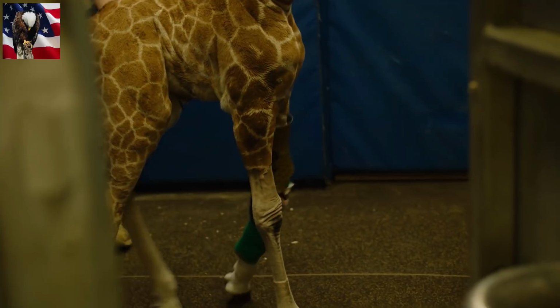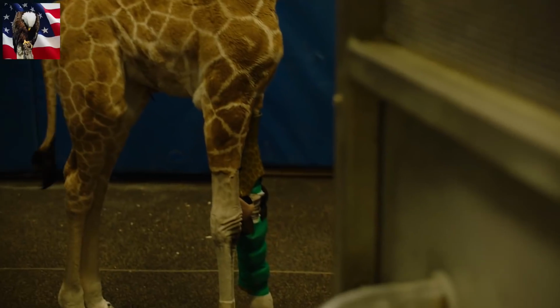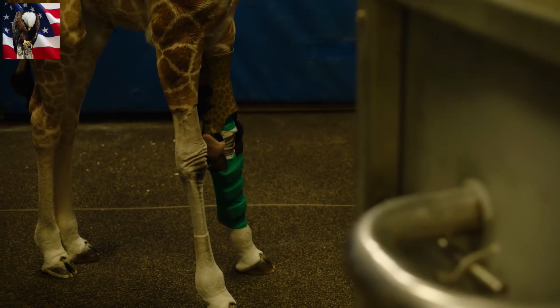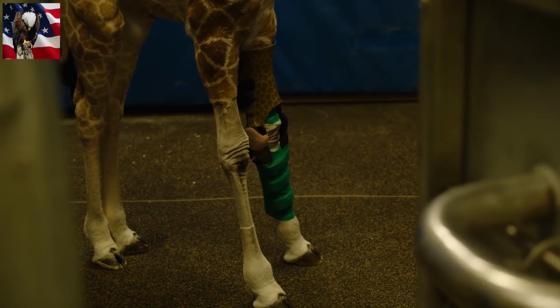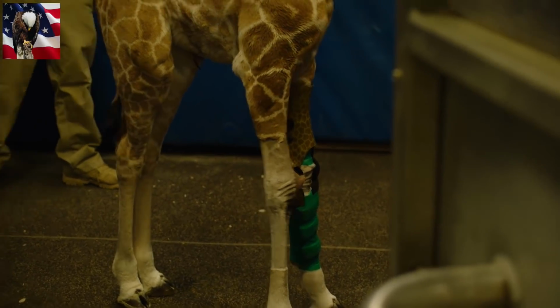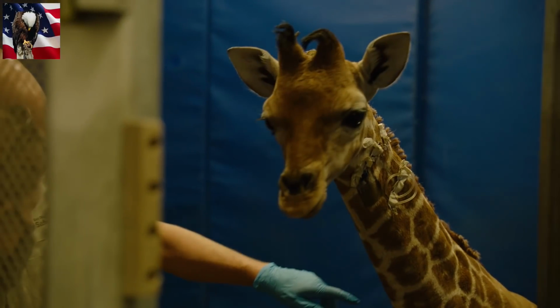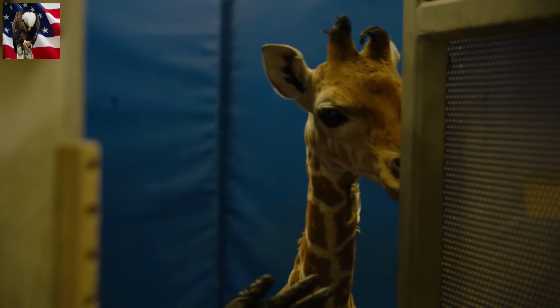I just wondered what that will do when they try to sit normally. She's learned to do that. But this one flexes more than the other one does. So I think it'll be even easier. Next time she goes back to her run for the bottle. Yeah, I think